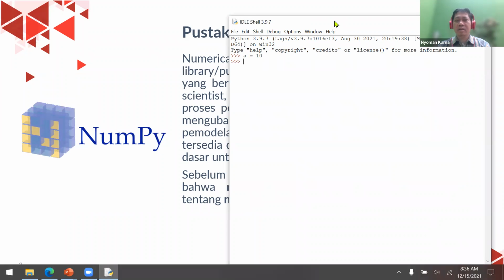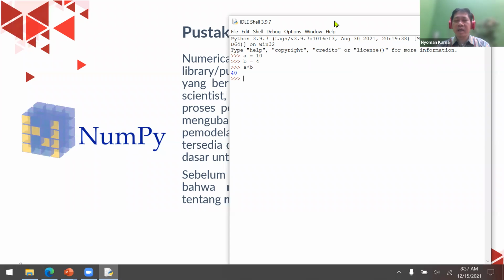And then b is a new variable with the value of 4. Then let's say I calculate a times b. It will be 40. That will be very easy if we're going to use the basic module from Python.